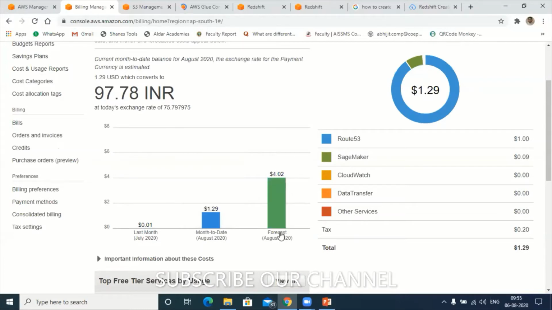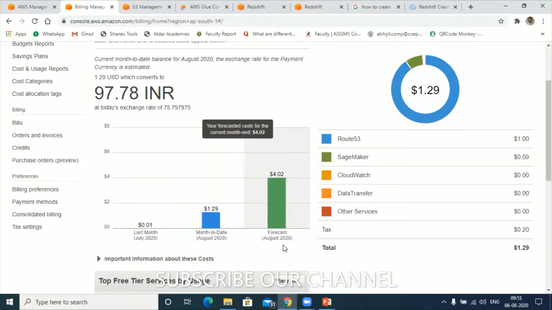It is forecasting that if you keep using our services in the same manner, by the end of the month your charge may reach up to 4.02. This is a prediction called forecasting. So for the month of August, my charges are predicted to be around 4.02, but it can be within this range or it can exceed.